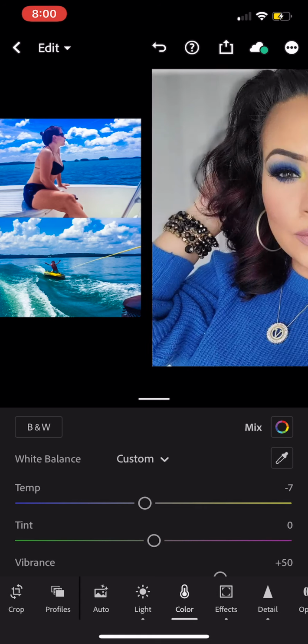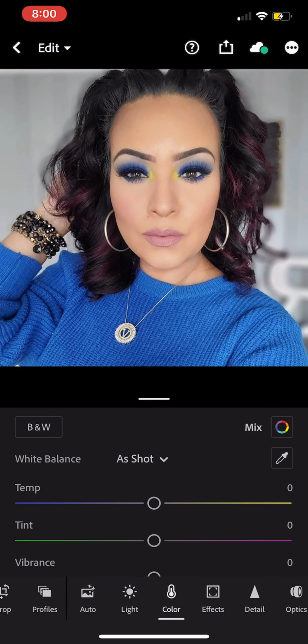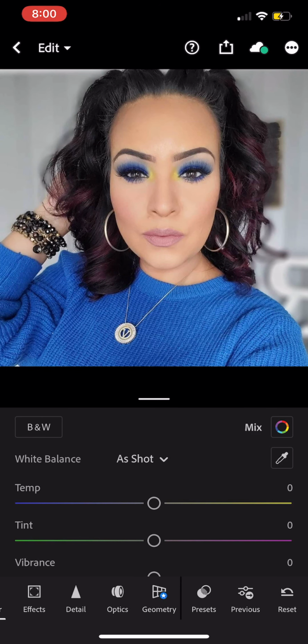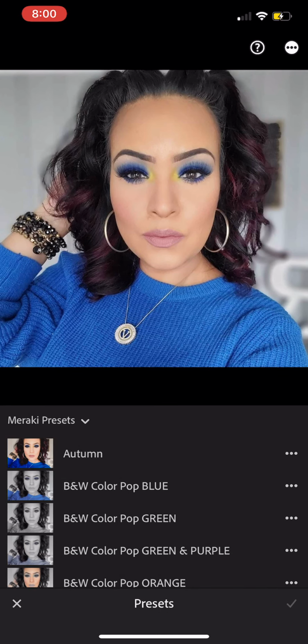Let's do one last quick image. Here's more of a selfie shot. The lighting, the colors, everything is really very well done already in this image. But let's say for social media, we want to make it stand out a bit more. We can click on our preset, and we have one for black and white color pop blue. It's specifically made to highlight blues in an image. So we can click on that, and you can see the entire image changes to black and white, except for